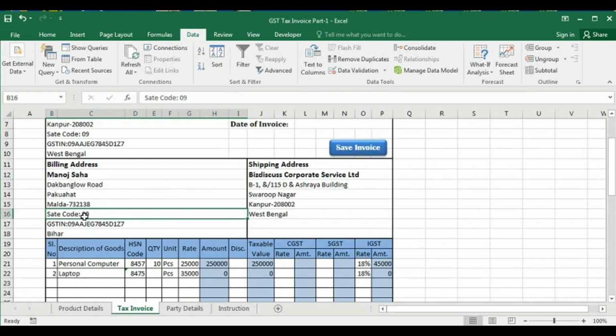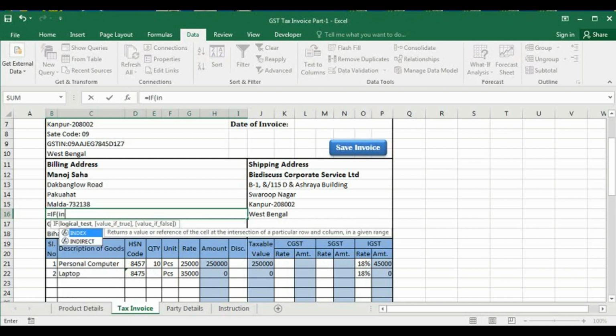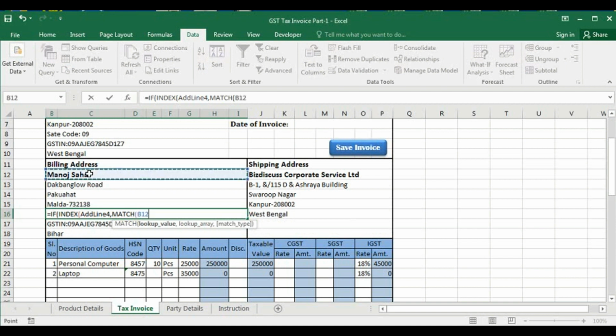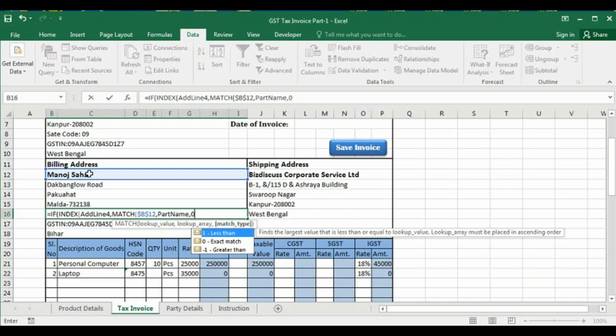And in address line 4, we have to put if the address line 4 is blank, then here it will be blank. Otherwise, address line 4 plus pin. So equal to if index address line 4 comma match, lookup value will be this one, and lookup array will be party name, exact match 0, bracket close of index.